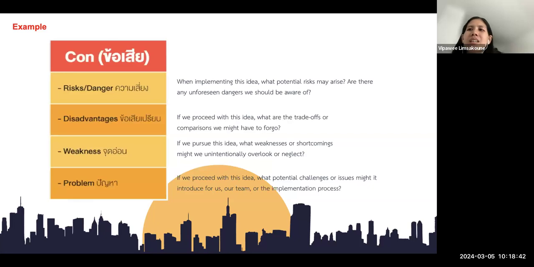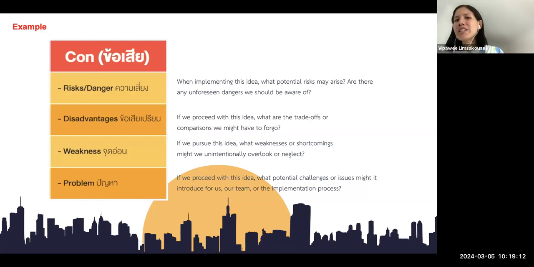Con. What are the risk, danger when we pursue this idea? List is like something, if we have goal to do something, right? Product development, to get some product. List is like prevent us to get there. Okay. Something that prevent us to get there. Or even something that could cause problem when we would like to reach our goal.